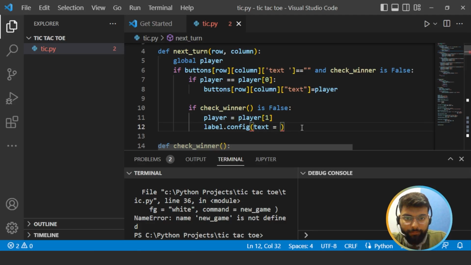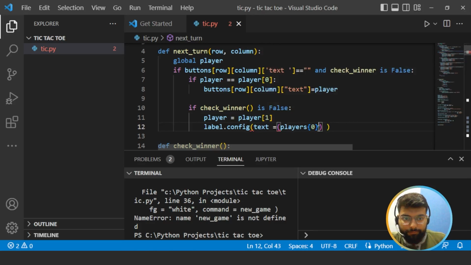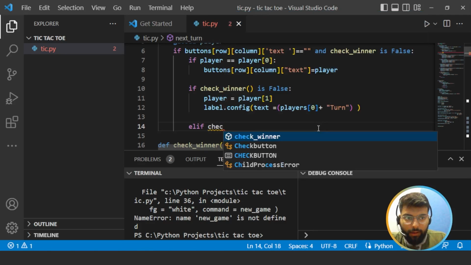For that we'll write text equal to from the players. Now the turn has changed, and another case, that is else if the winner is true,